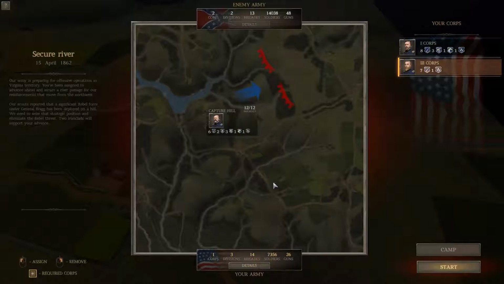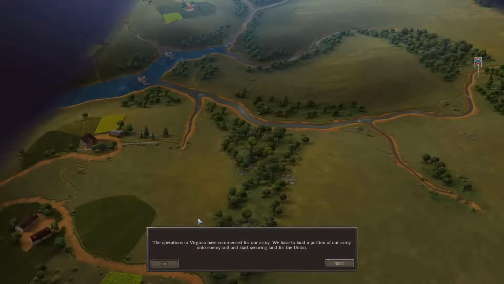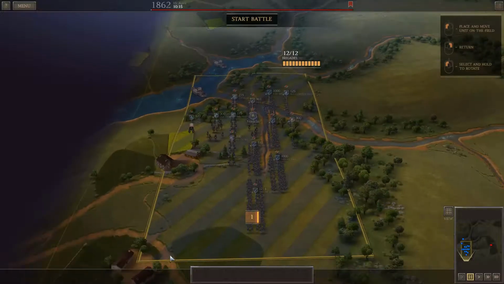Deploying Second Corps, roughly 2-to-1 odds. My 7,300, they're 14 and change. We out-brigade them, which means the brigades are just going to be stupid huge. And they've got almost twice as many guns as we do. The guns that I'm bringing are not mega high quality, and this is mostly an attempt to gain experience rather than